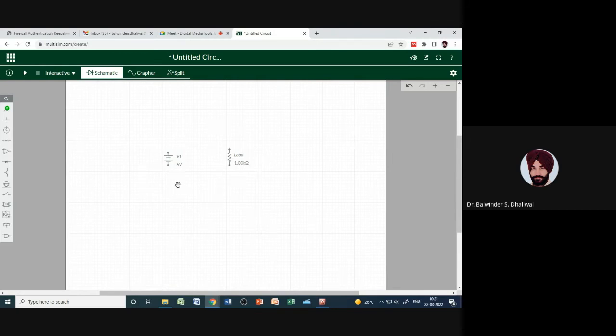Now these are two loose components. I need to connect these components. For connecting components, we use connecting wires in our physical lab. Similar to that, we need connecting links if we want to connect components in this Multisim Live circuit simulator. There is no separate connecting wire available in this component list. So if we want to interconnect,